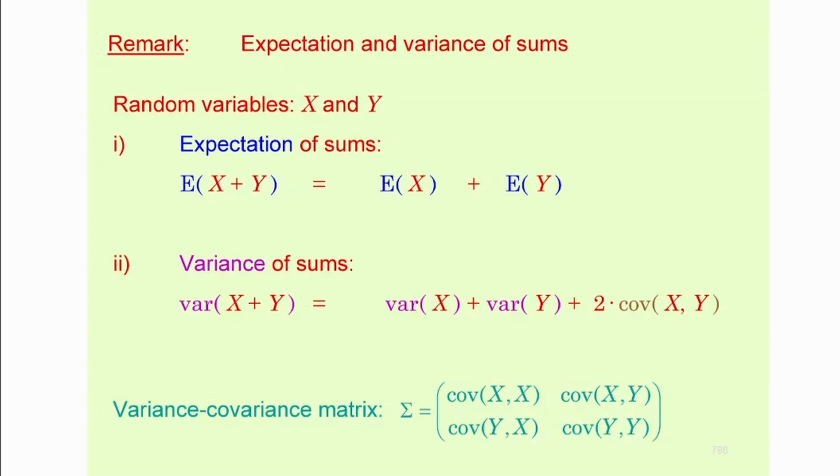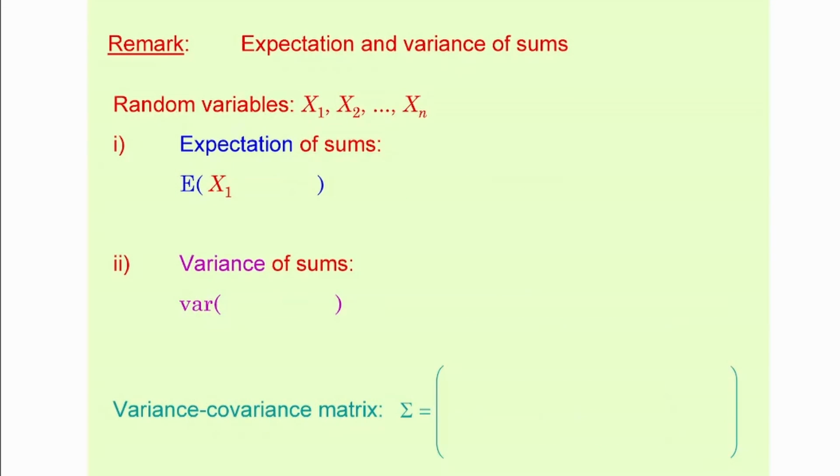Now, most of the time it's 2, so the variance of 2 is going to be the sum of their variances plus 2 times the covariance. Now, if you have more, the expectation of their sum doesn't change. It's still going to be the sum of the expectations. So you simply bypass the sum operator by the expectation operator, by the way.